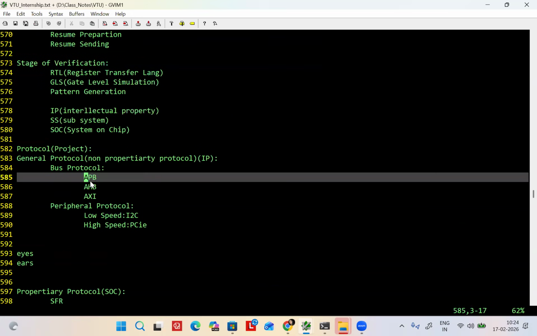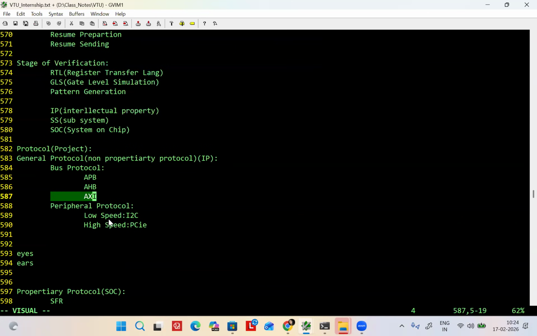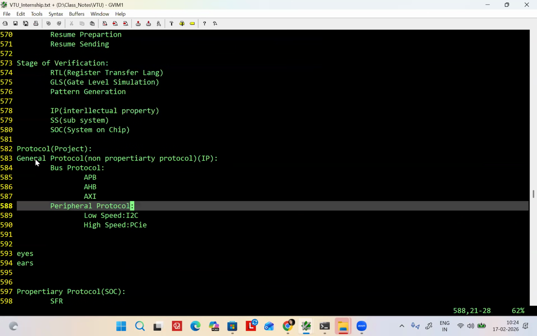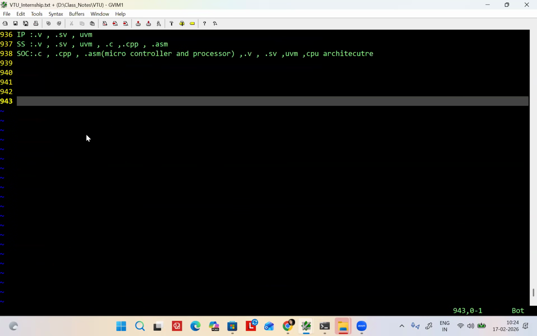Next is protocol. APB, ASB, AHB are the different protocols we have. I'll just give you a brief on what a protocol is, so that you get clarity.